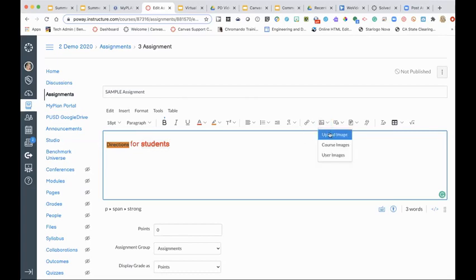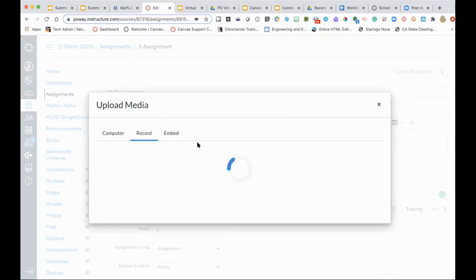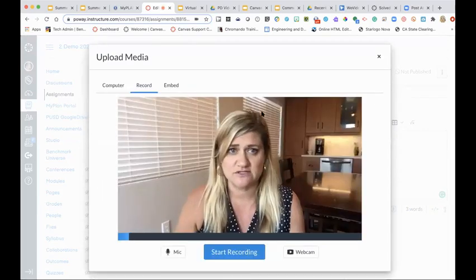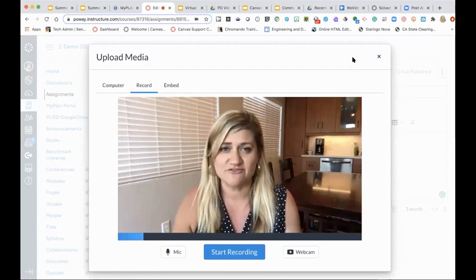You can upload images from your device. You can record or upload media. I would recommend potentially doing this for some of our younger students so that right in here, you can actually record yourself reading the directions to your students. Can you see this pop up? Yes, we can. Okay, watching myself on video again. All right,